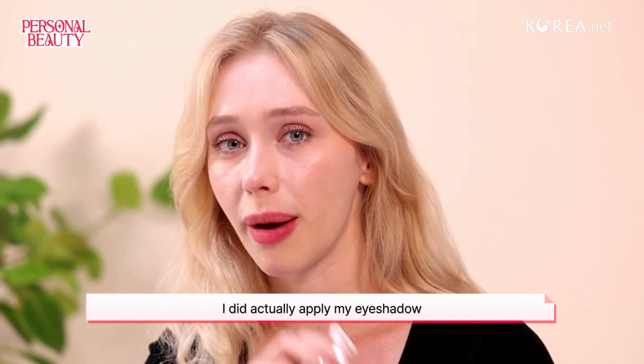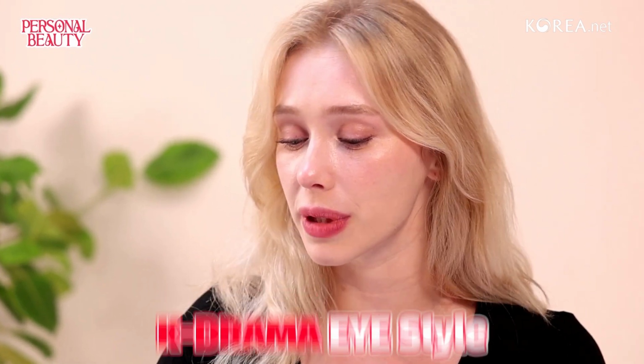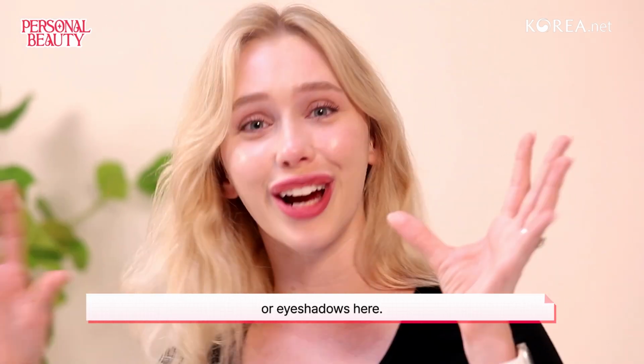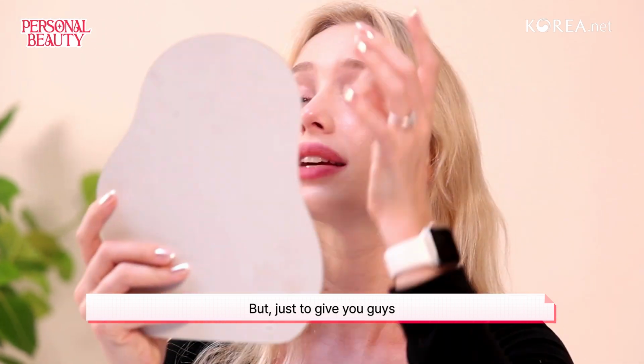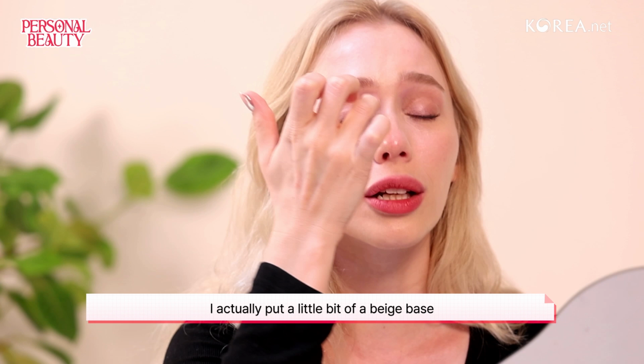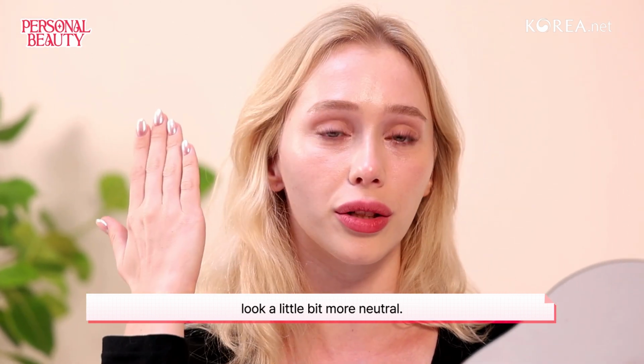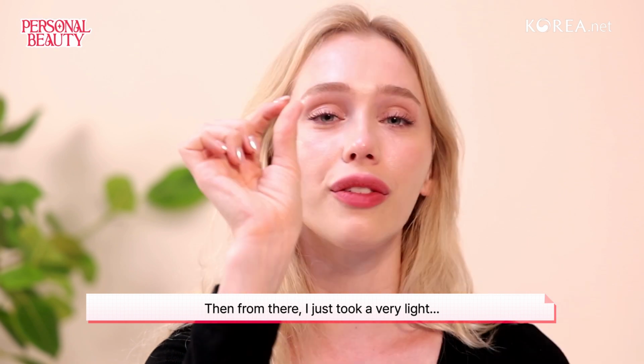I did actually apply my eyeshadow today in the style of K-drama. I did that purposely because I know we don't have any brushes or eyeshadows here. But just to give you guys a little roadmap, little tour here. I actually put a little bit of a beige base on first to make my skin look a little bit more neutral. Then from there, I just took a very light